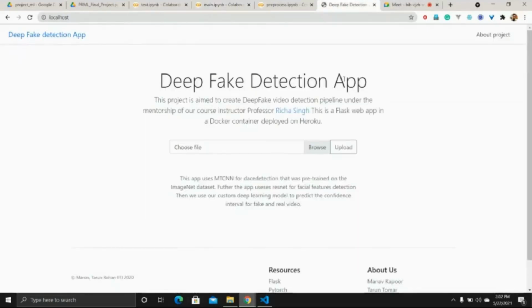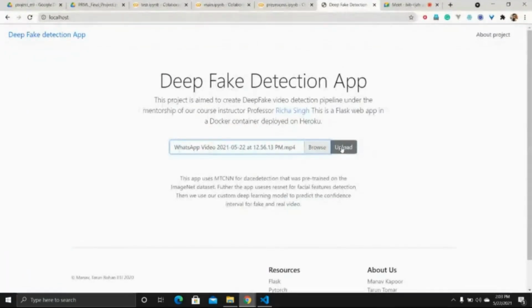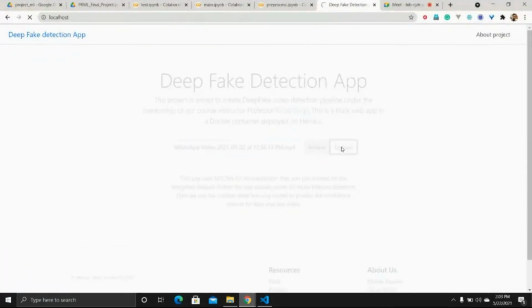So, in order to better demonstrate the working of the model, we went ahead and created a very simple web app and hosted it. Now we can simply upload an MP4 file which we want to test this model on, and it will give us the results. To start off with the demonstration, we will first upload a fake video created with a very simple deepfake model, and we can upload the file simply, and it will process it using the very same steps mentioned beforehand. It first applies pre-processing and then uses the saved model weights to run a prediction on this particular video.